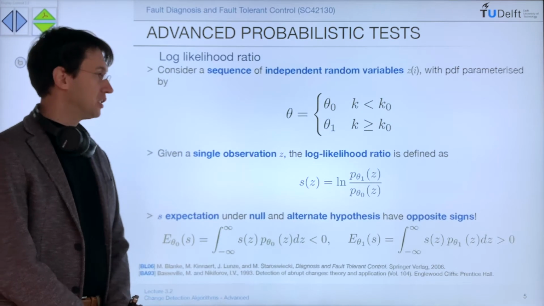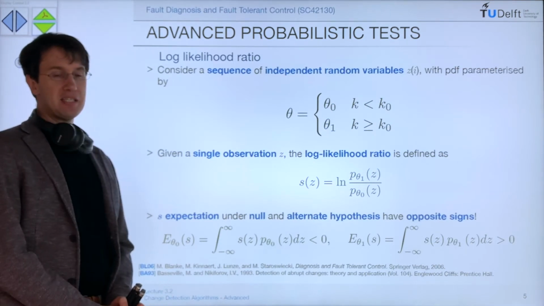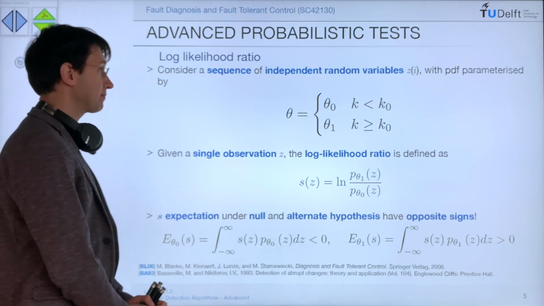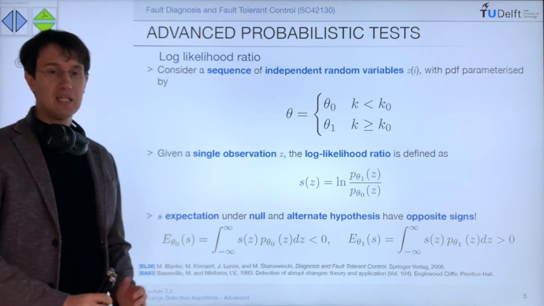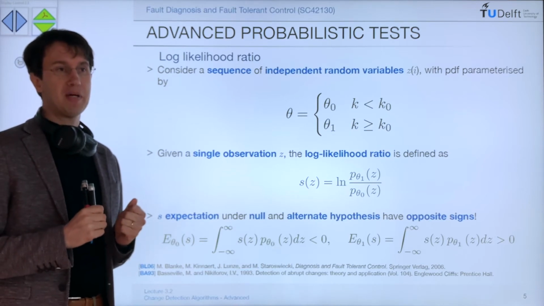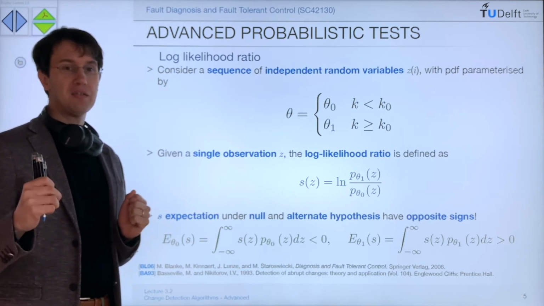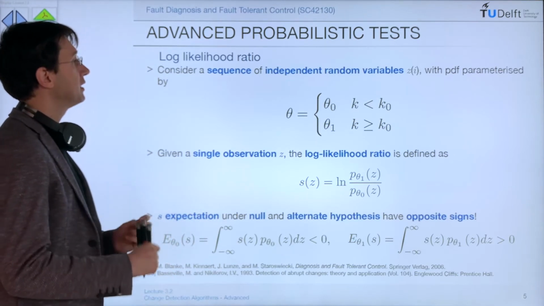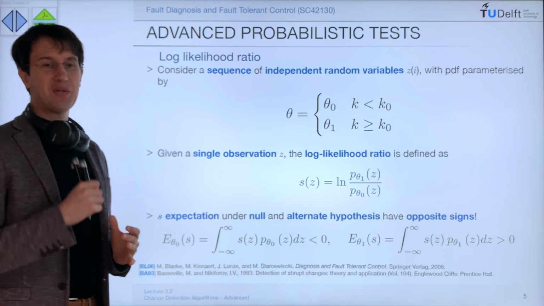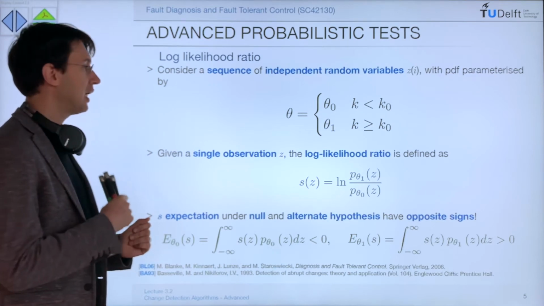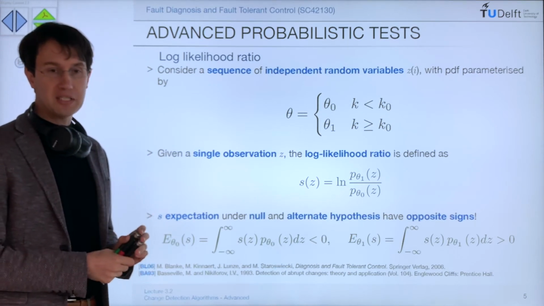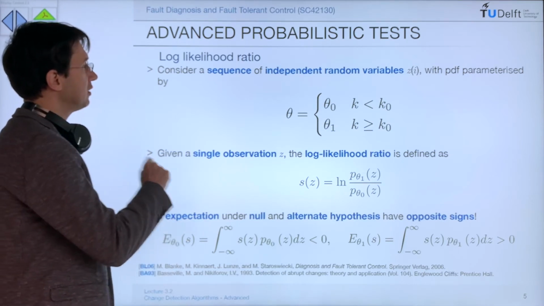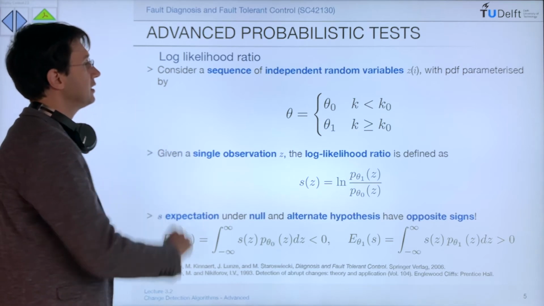Now let's go back to the general case and address one other shortcoming of the probabilistic test we have seen before, in particular, the unsatisfying compromise between high significance and high sensitivity of the test. To get better tests, we're going to introduce a new quantity. Maybe you already heard about it, but it is a quantity we did not use before, and it is the log